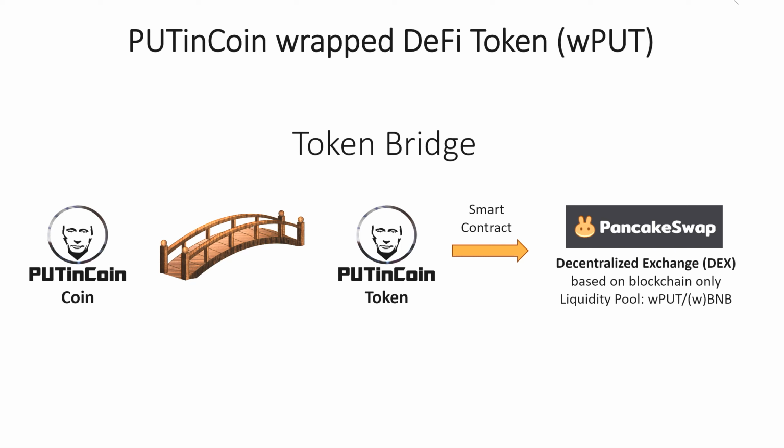Now, before we go into how to provide liquidity, we first need to see how a liquidity pool works. In the previous tutorial, we've already seen how to connect our MetaMask to PancakeSwap, how to find the WPUT token and its respective liquidity pool and trading pool, and how to do some simple trades. Today we will learn how to provide liquidity to this pool and get some automatic earnings from it.